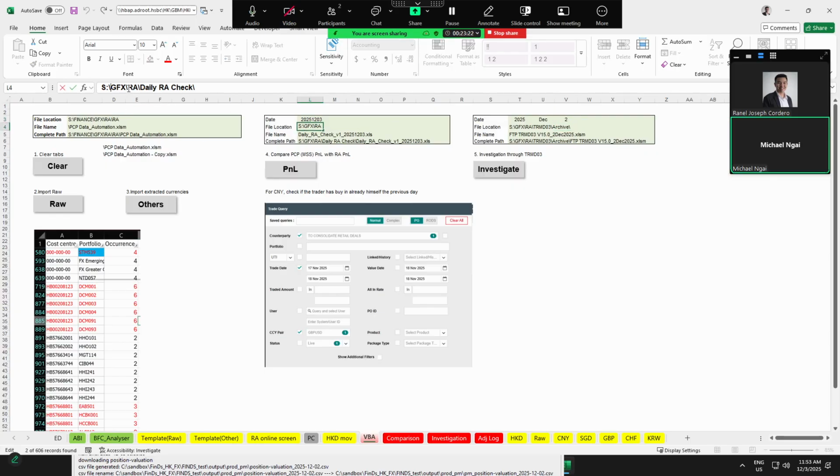Be careful with the cell, you keep the quotation 02, because when you name the file it is 02 December 2025. So it should be like this.